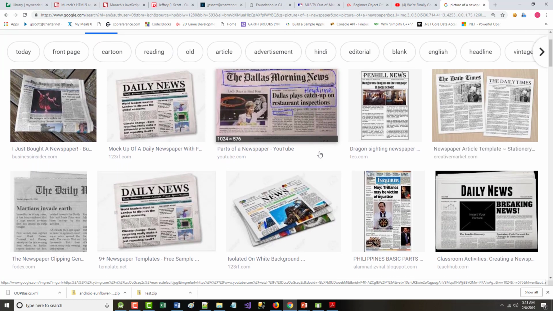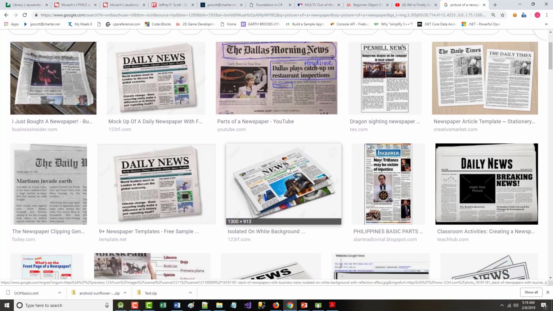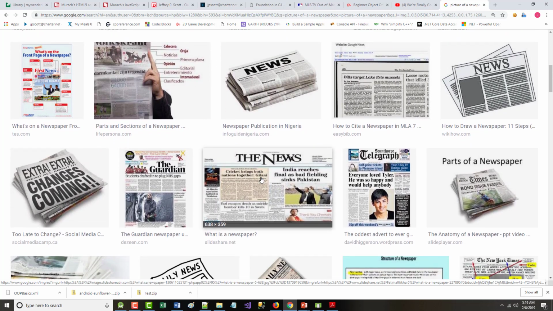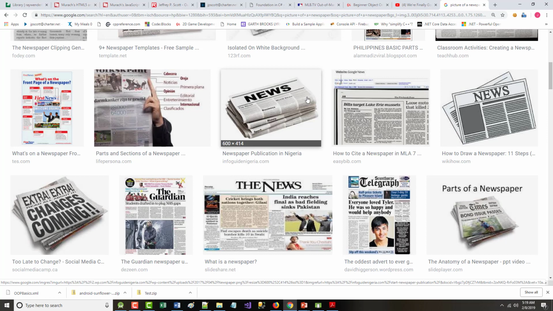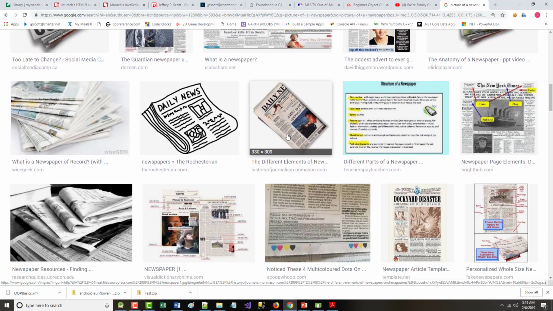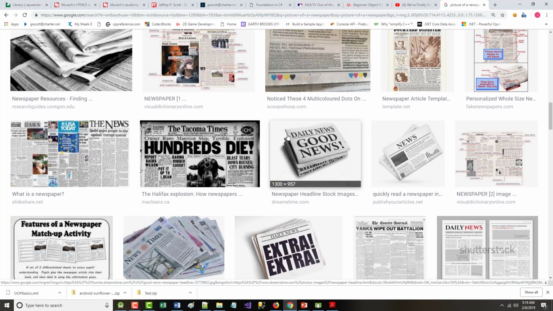So here's a picture of a newspaper, a lot of pictures of a newspaper. And you can kind of see it right here, but this is referred to, so here's a whole newspaper, but if we saw one that's kind of folded in half, but where you can see all of it, this right here, this part is above the fold. The other part that you don't see is below the fold. All right, so